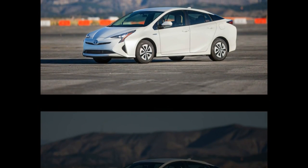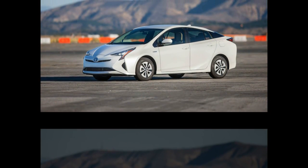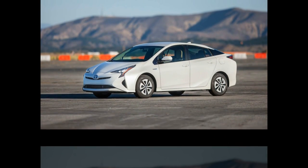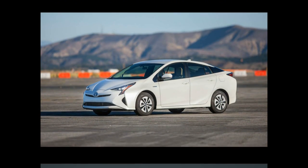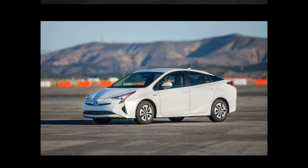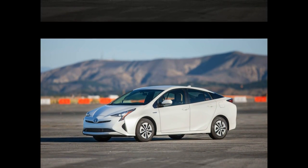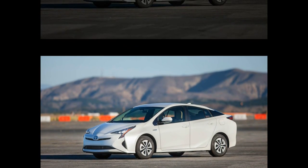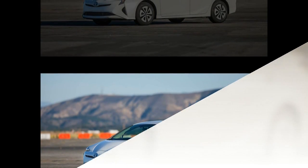This new model employs an upgraded version of the outgoing car's Atkinson cycle engine, with the addition of a cooled exhaust gas recirculation system, and faster combustion due to intake ports that increase tumble in the combustion chambers. According to Kentaro Tomo, a Grandmaster, yes, that's really one of his titles in the hybrid engineering department, the new engine achieves a diesel-like peak thermal efficiency of 40%. Power is down from 98 to 95 horsepower, while the torque peak of 105 lb-ft is maintained, but developed slightly